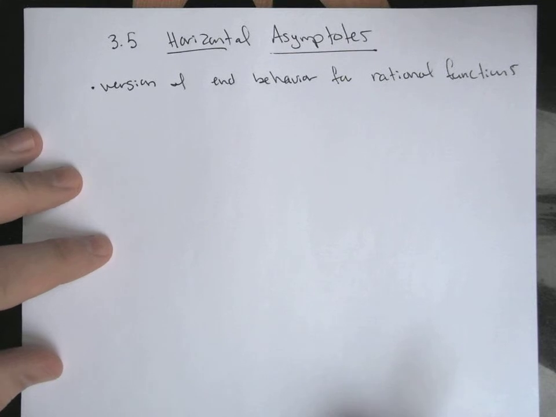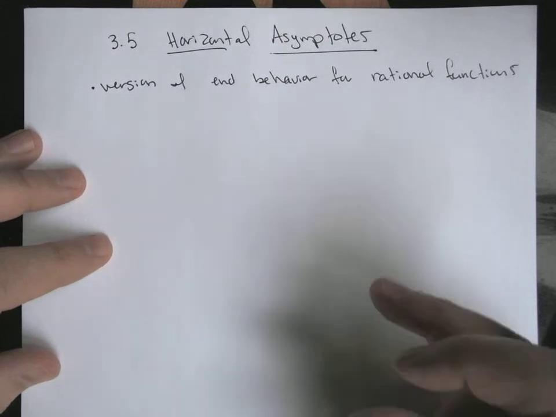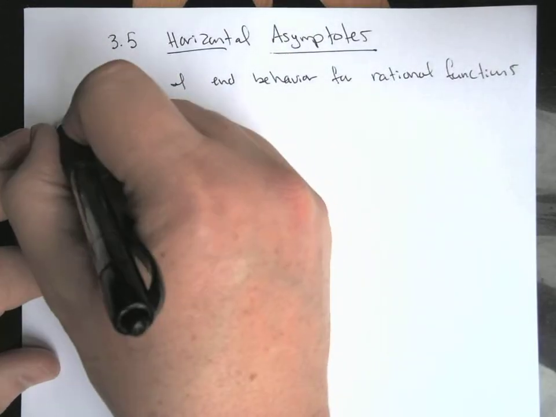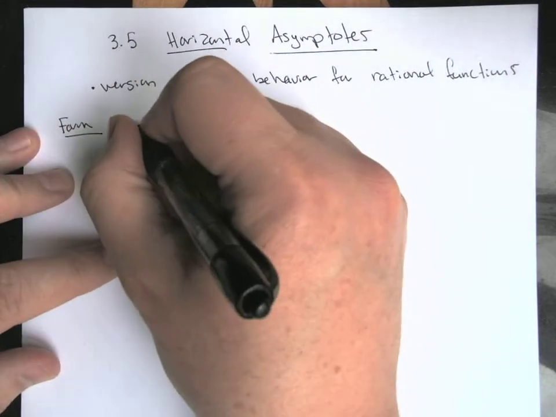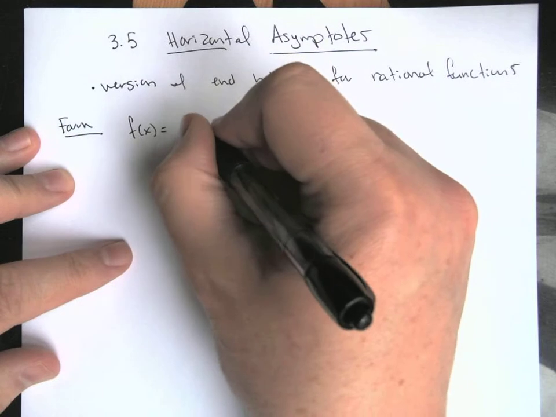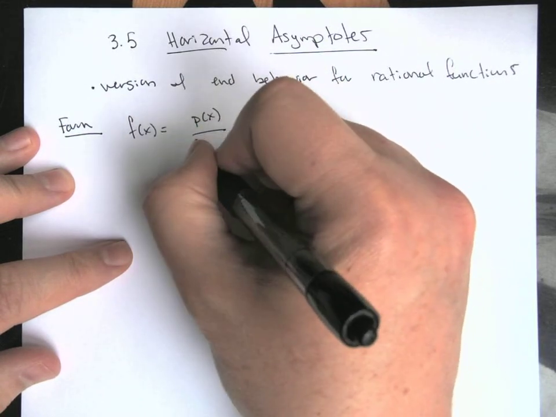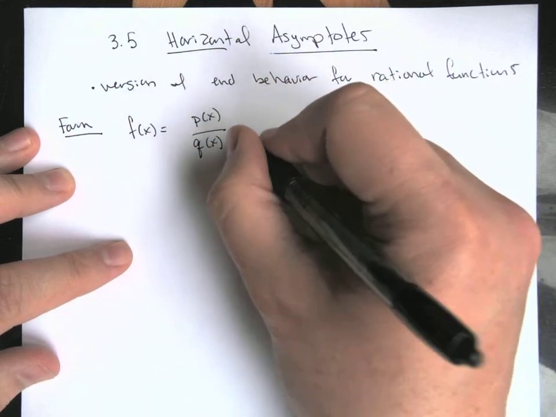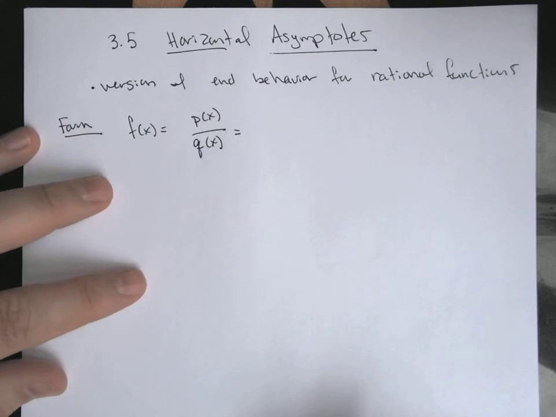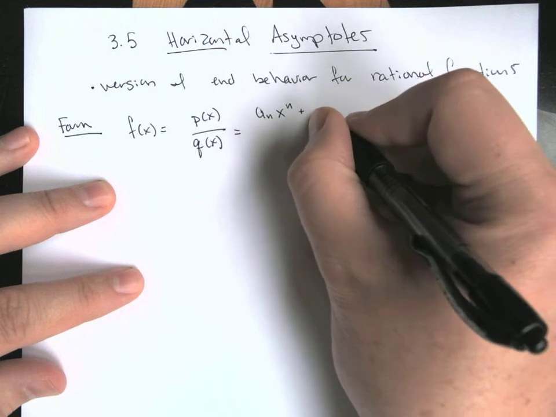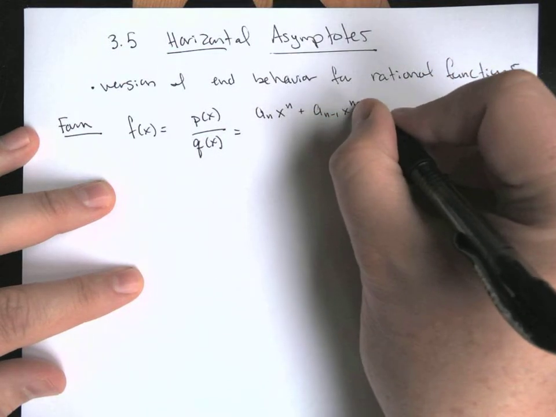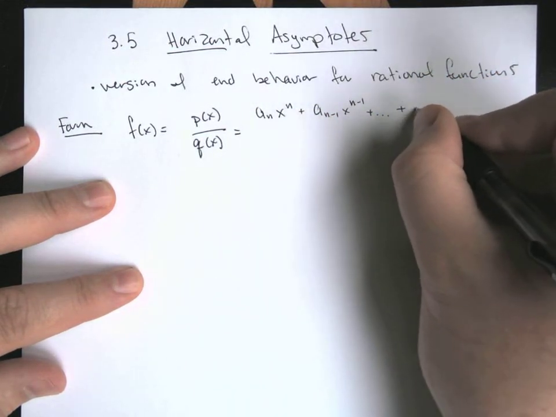to depend on the degree of the polynomials. So in this case we have a numerator and a denominator polynomial, so we have two different polynomials working together, right? So our form f of x is supposed to be p of x over q of x, and if I write this out as generic polynomials for both of them, this is going to seem like an enormous long expanded thing. I'm going to try to write as short a version as I can,